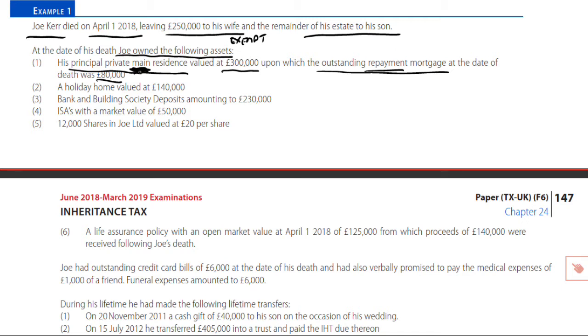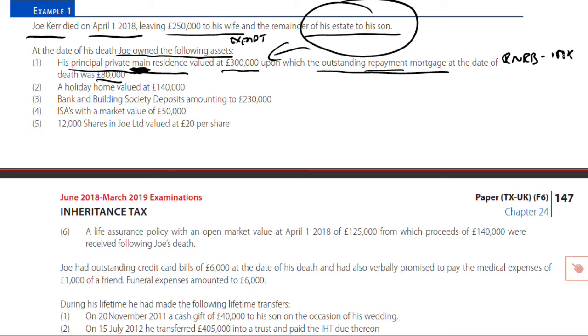It's about the residence nil rate band. It's only available if, of course, it's transferred to a direct descendant. And that's where this information is now relevant. Other than £250,000 worth of value, it does not say that that will be the principal or the main residence. Everything else is going to his son. So we now know that there's a main residence being gifted on death to a direct descendant, and that therefore means we're talking about the availability of the residence nil rate band,